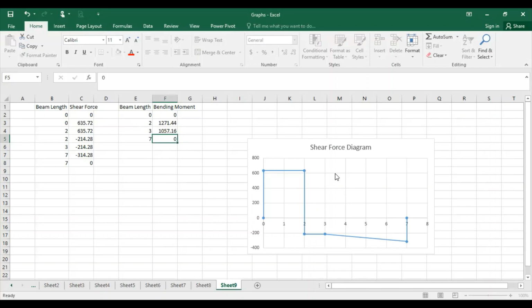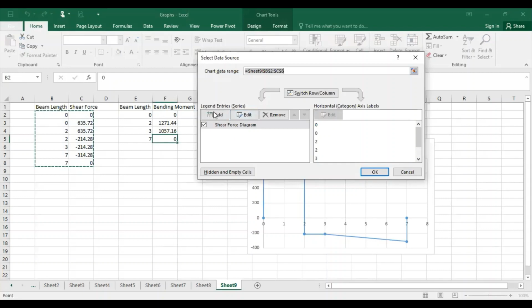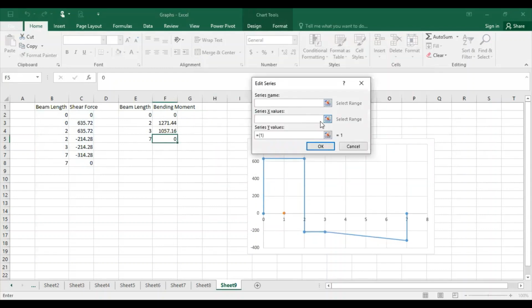So I have to right click on this graph and I will add over here. Already I have done the shear force diagram. Now I'm going to add the bending moment diagram.